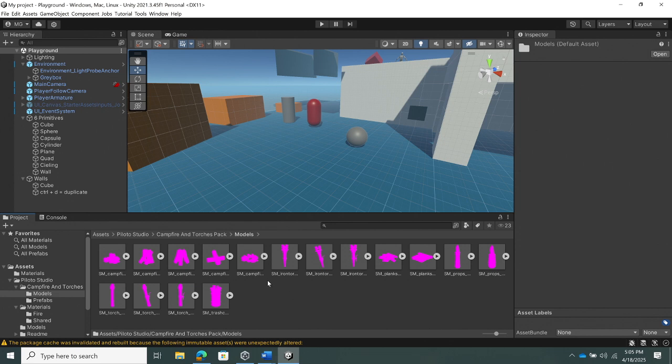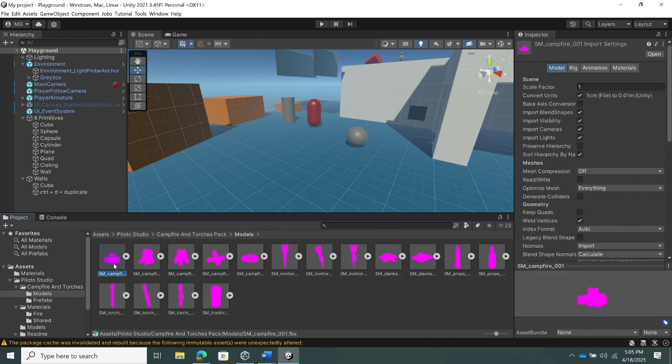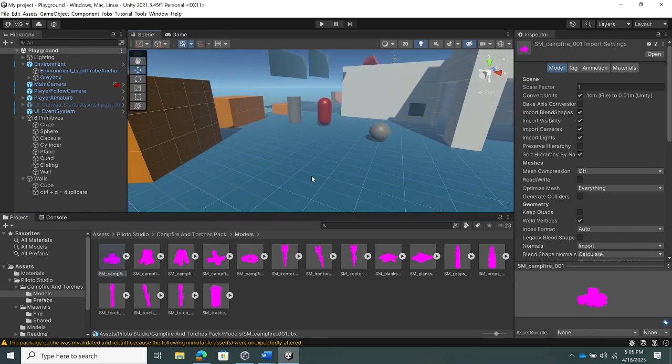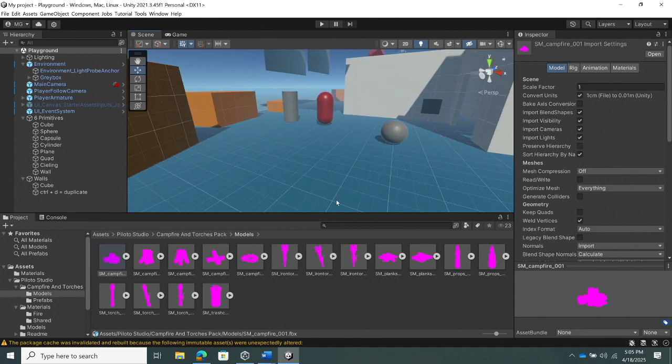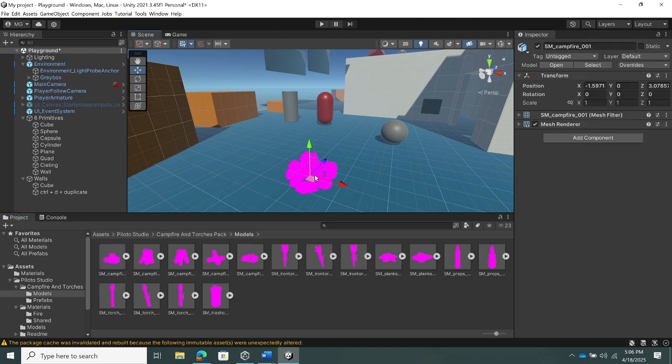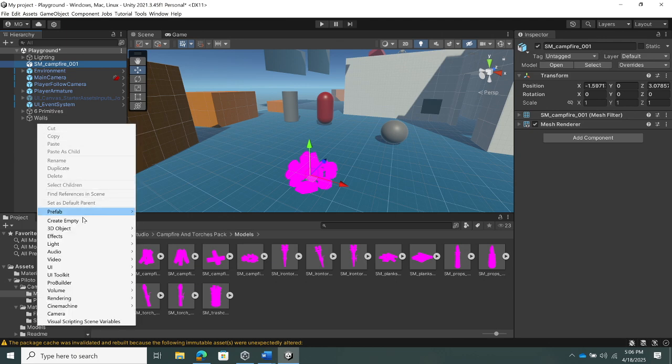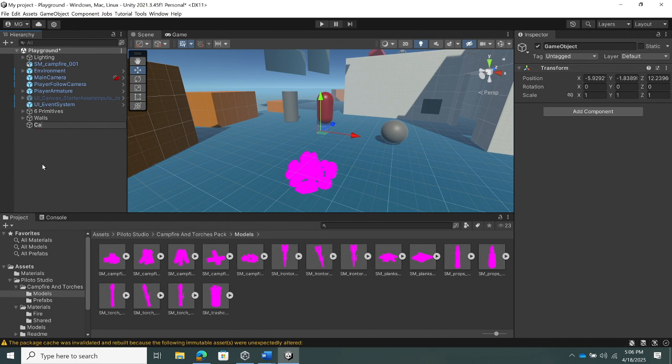Very cool. Looks like it does not work. But I've done this in the past and it should work. If not, we're going to change it ourselves. I want my campfire. Where's my small campfire? Bring this in here. Where's my campfire? Up there. So I want to create another folder, and that has my campfire materials,